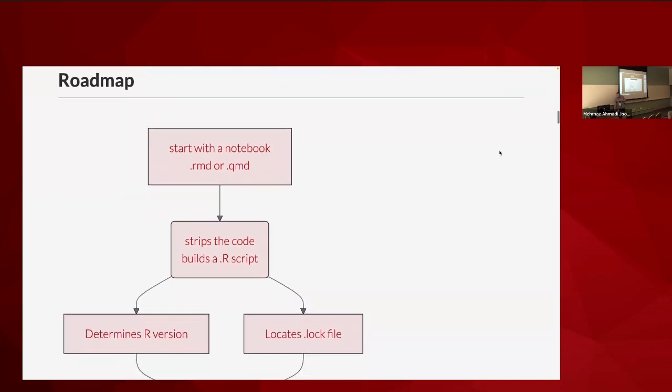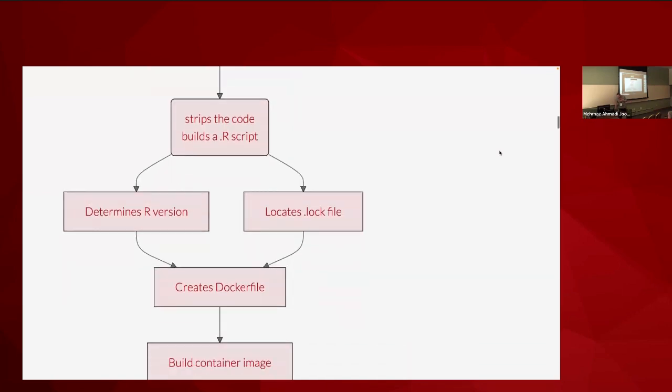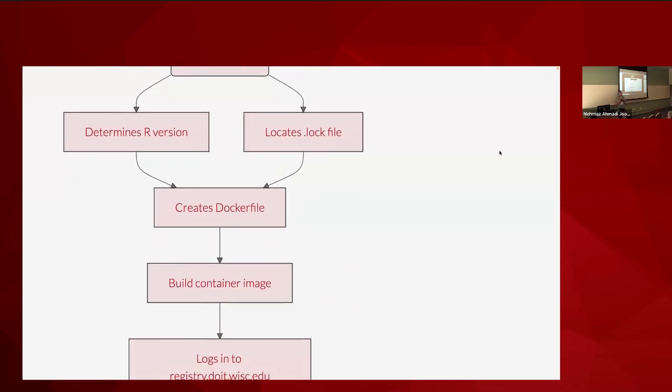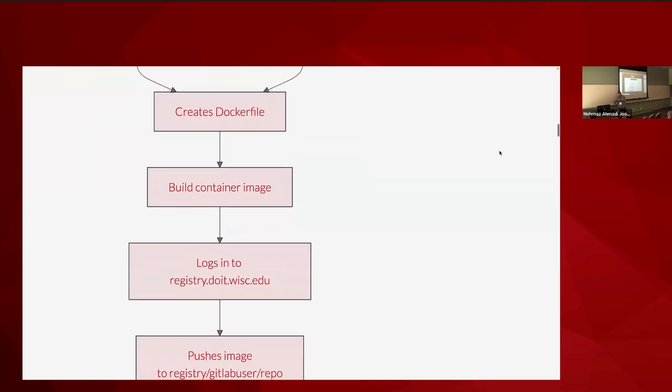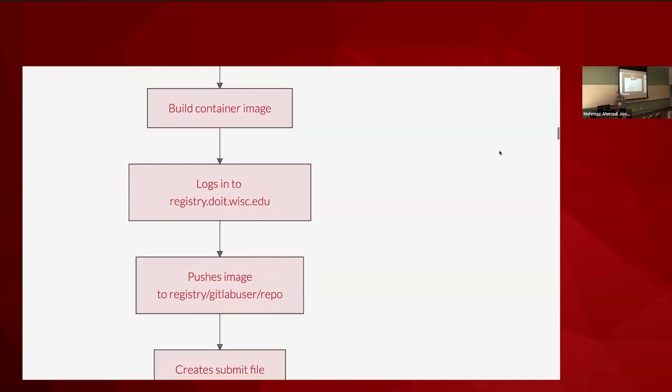All right. So this is my roadmap. I start with my analysis inside a Markdown or a Quarto document. I'm going to strip the code and turn it into an R script. And out of that, there's something that's going to determine what the R version is, and it's going to locate the log file. Out of that, this pipeline is going to create a Dockerfile. It's going to build the image. And it's going to log into